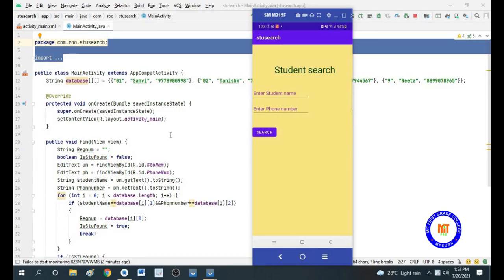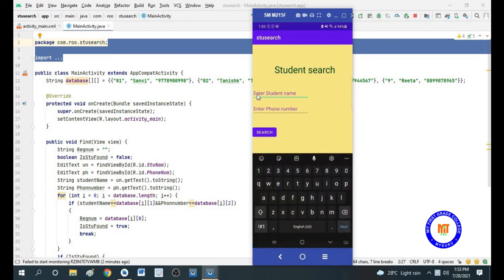This is the output. In this output you can see I have taken student name and the phone number, and based upon the database I have to tell whether the student is found or not. So when I click on that button, it has to tell whether the student is present in this database or not. I'll give the student name as Sani.